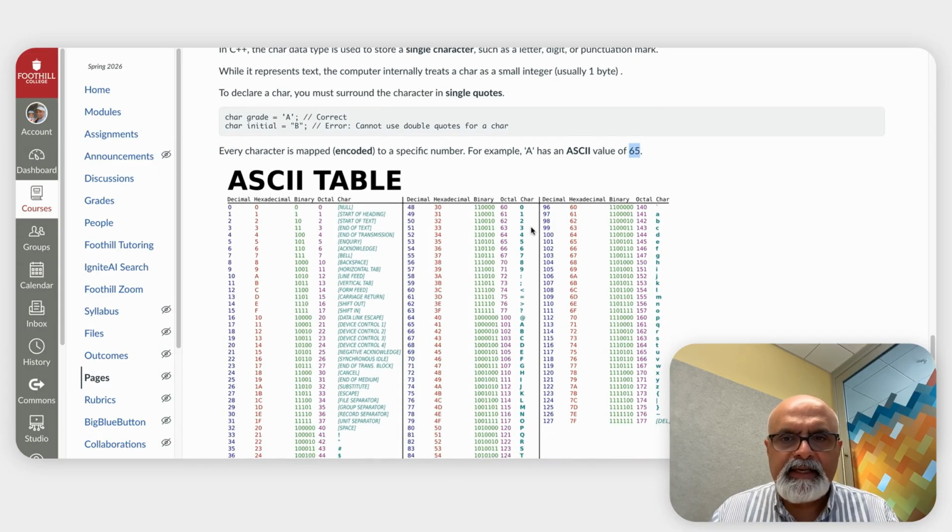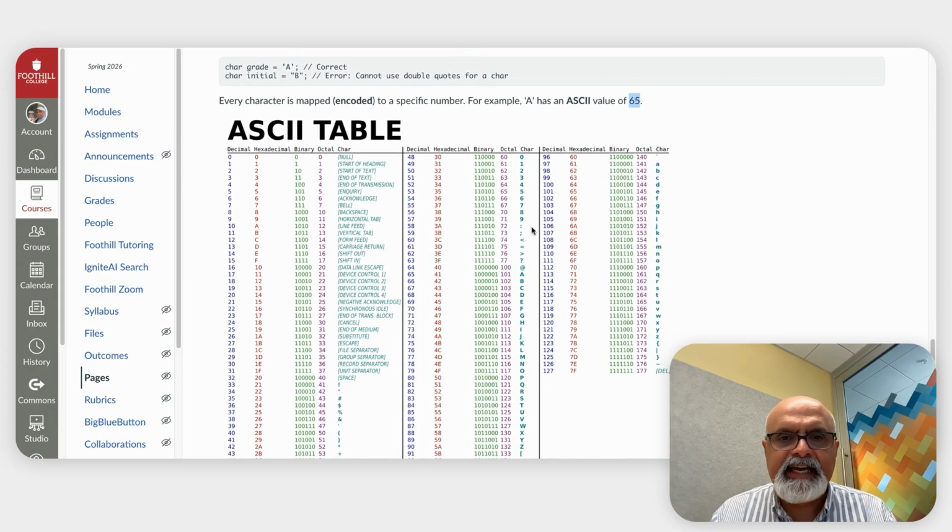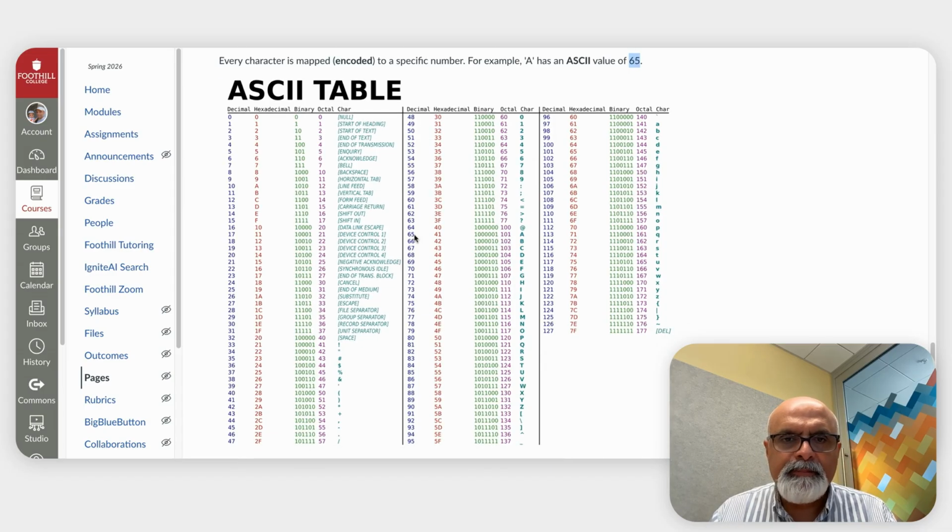Here, in fact, is the ASCII table. So, for example, if you come to 65, you will see the capital A. The lowercase a you will find here, which is a 97. It has other things. It has the other characters. It has the colon, a semicolon. It would also have numbers, 3. The character 3 is encoded as